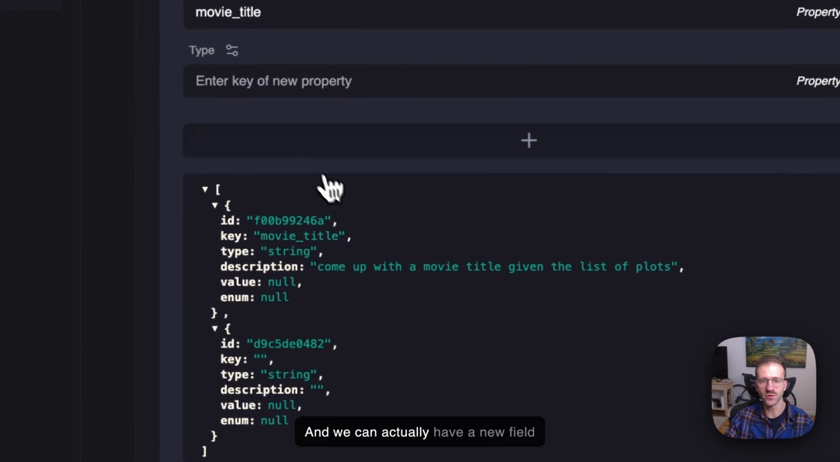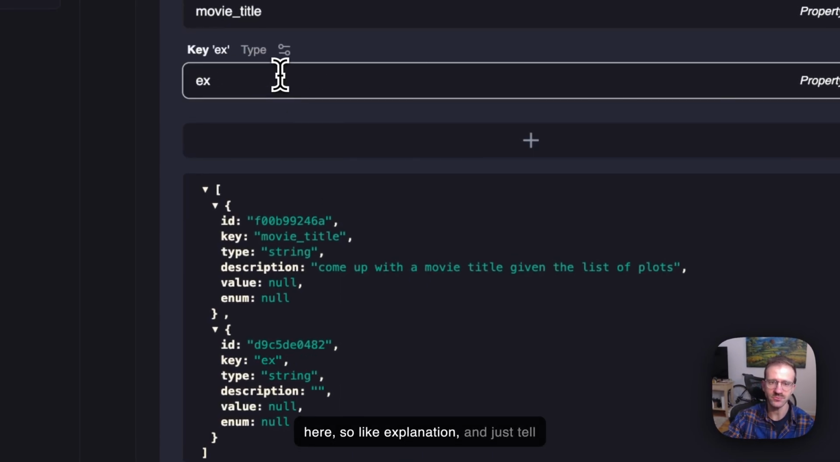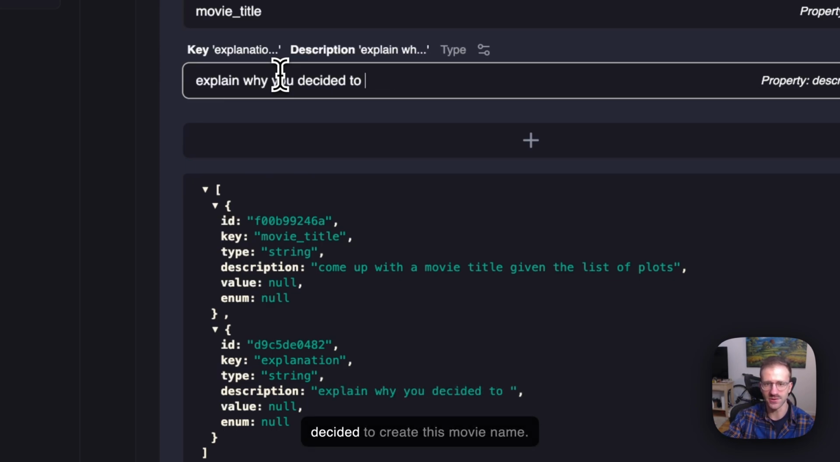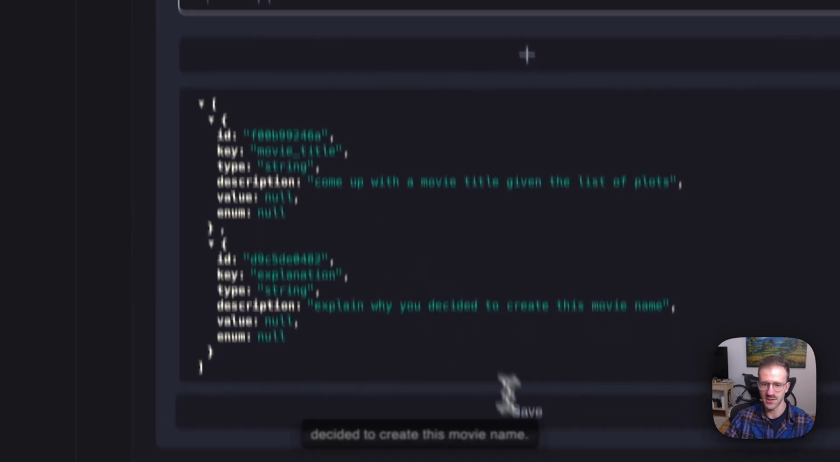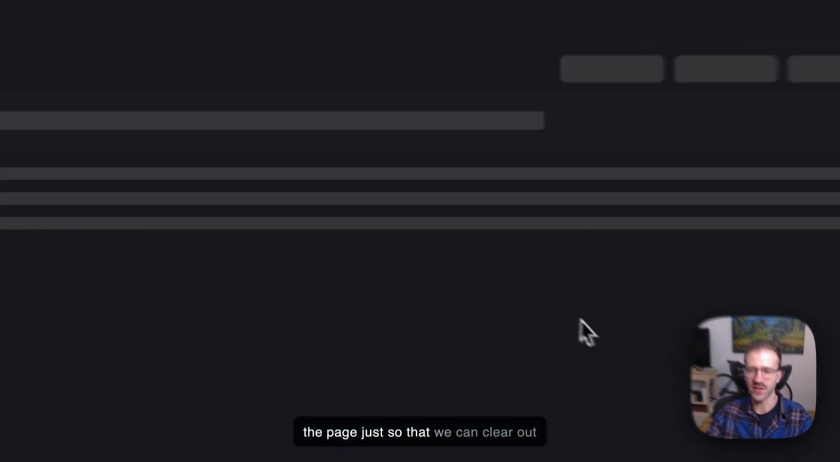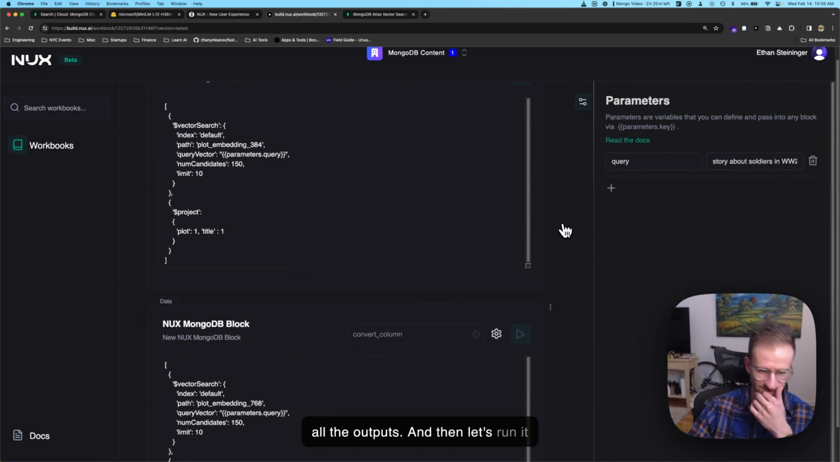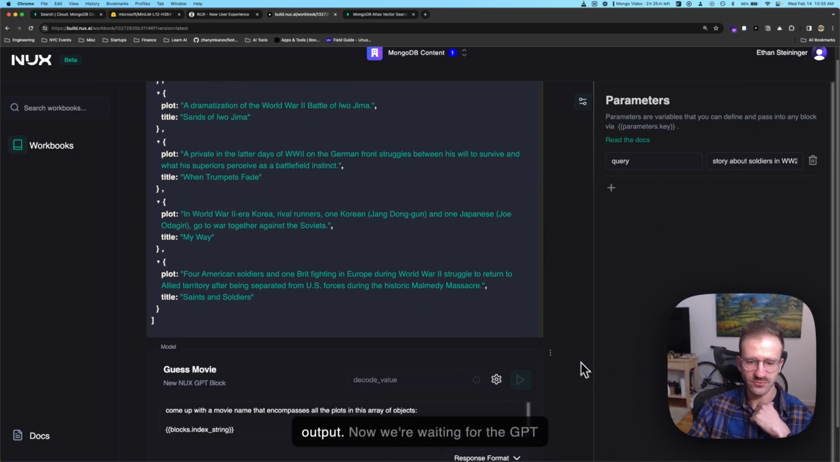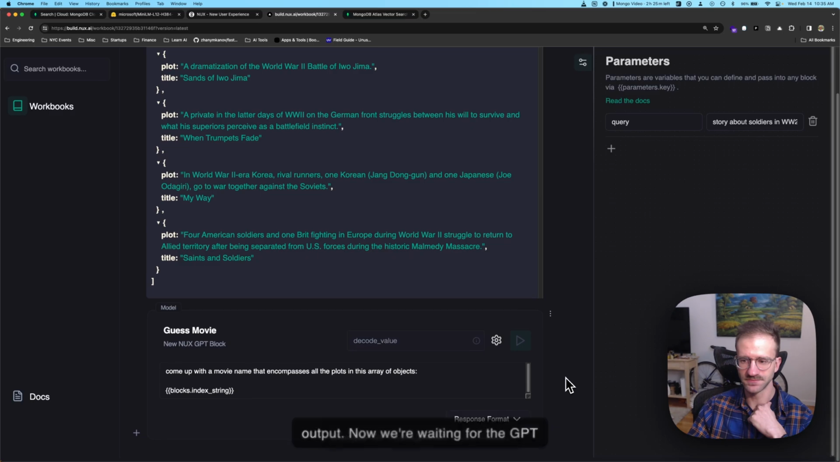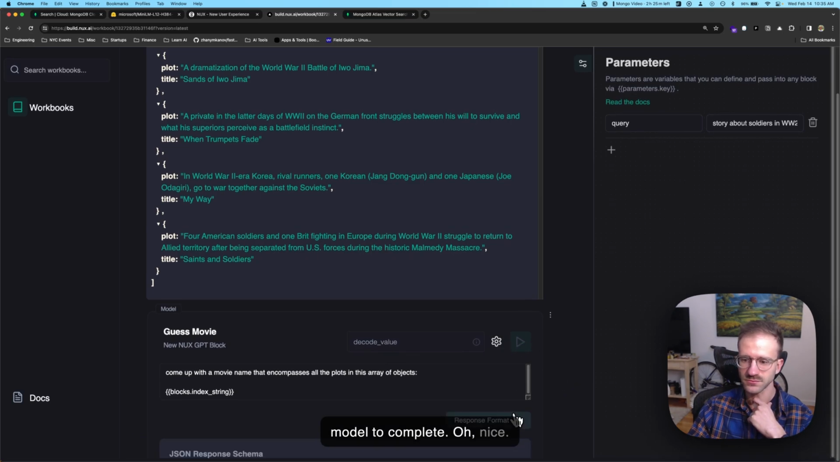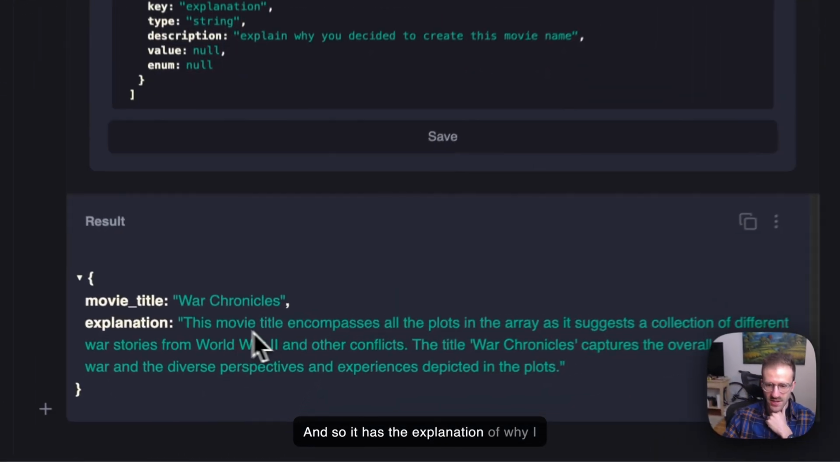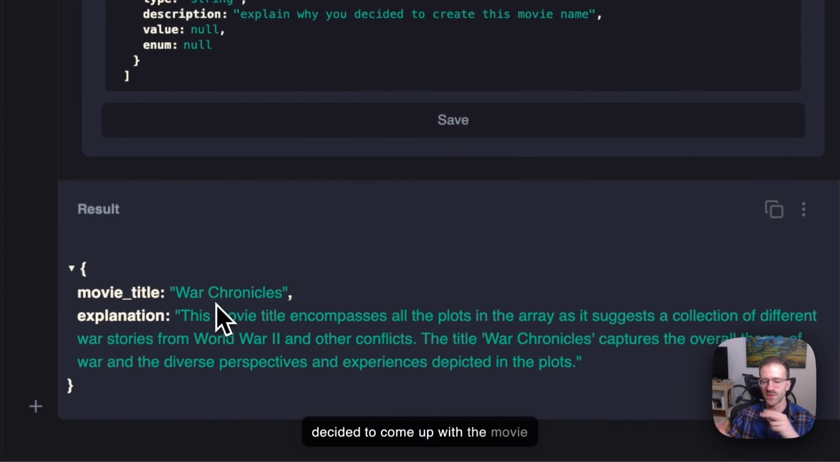We can actually add a new field here, like explanation, and just tell the model to explain why it decided to create this movie name. Then we can save it. Let's refresh the page just so that we can clear out all the outputs, and then run it again. We got this output, we got this output. Now we're waiting for the GPT model to complete. Oh, nice. It has the explanation of why it decided to come up with the movie title